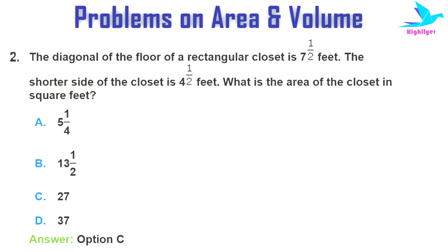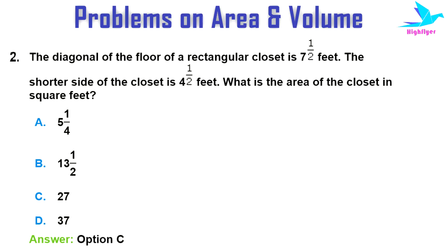Next question. The diagonal of the floor of a rectangular closet is 7.5 feet. The shorter side of the closet is 4.5 feet. What is the area of the closet in square foot? The options are 5 1 by 4, 13 1 by 2, 27 or 37. The right option is option C,